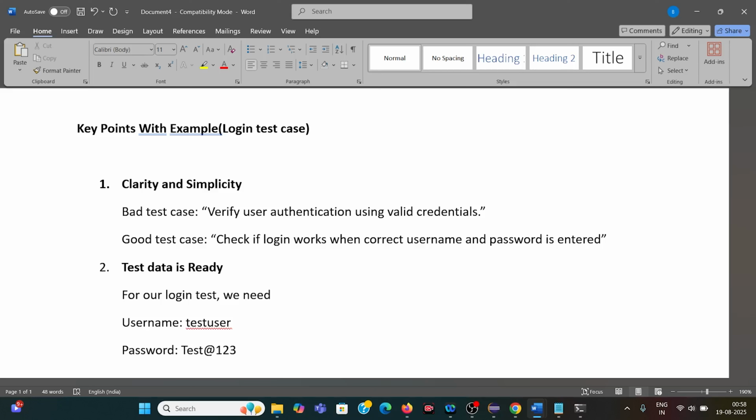If test data is not ready, your test case becomes useless, so always prepare it before writing. Then the third golden rule is